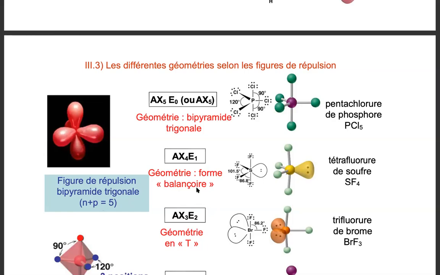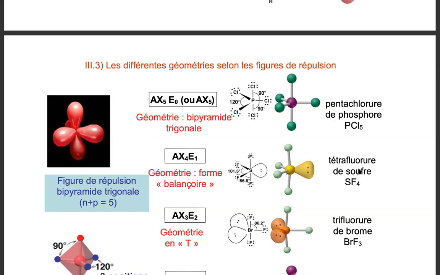Then the seesaw geometry. We have how many adjacent atoms? That is 1, 2, 3, 4. So in other words, the N represents the number of atoms that are bonded to the central atom. So there's no need for counting. You just look at the formula, then you'll know how it's supposed to be. So we have